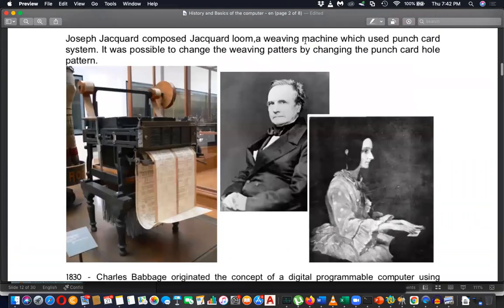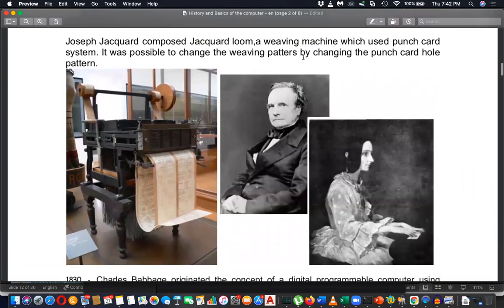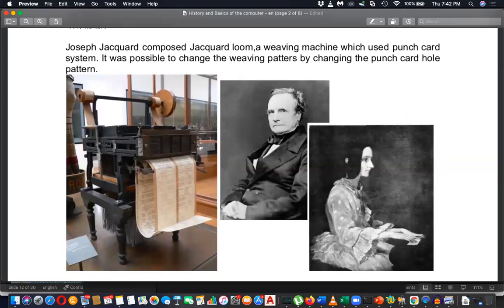Then I introduced these two people, very important two personalities. Who's this and who's this? Last day we discussed. The first person is Charles Babbage. Yes, why is he famous? Because he was the first inventor of computing and the father of computing. He is named as the father of computing because he invented what? He invented